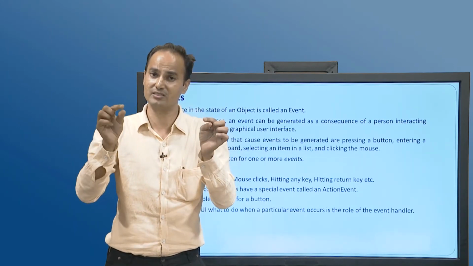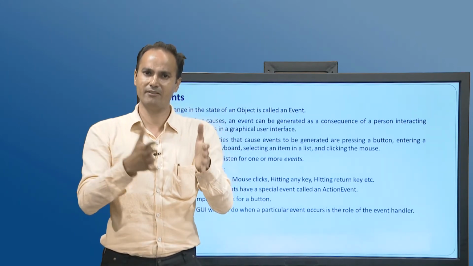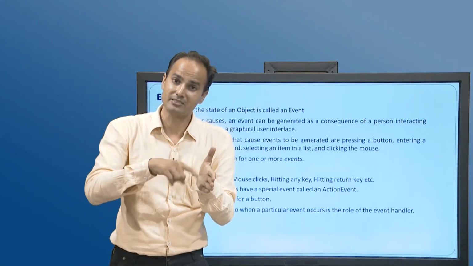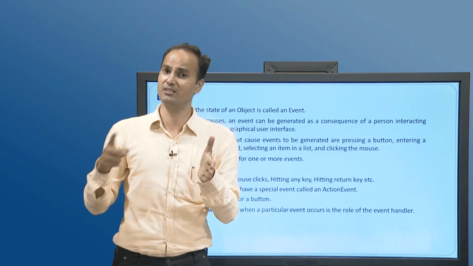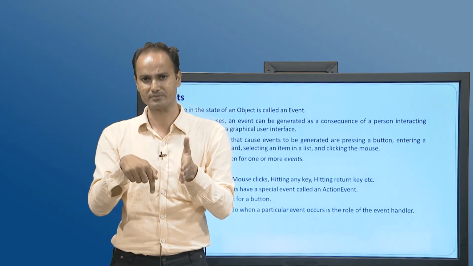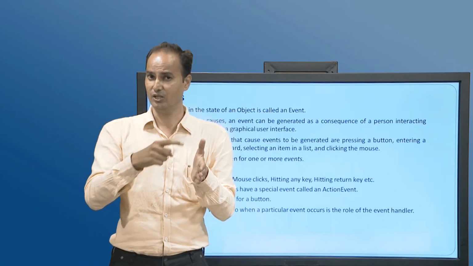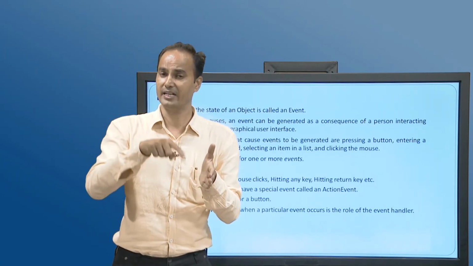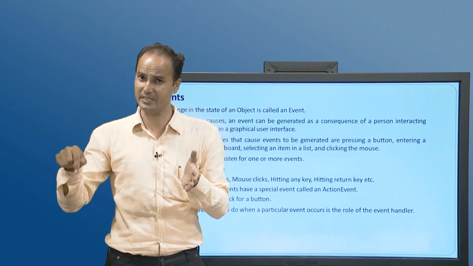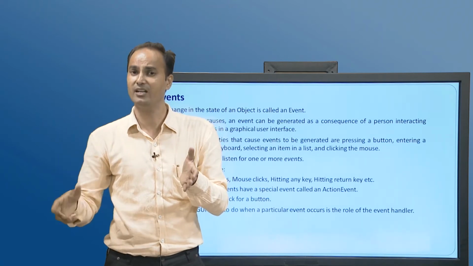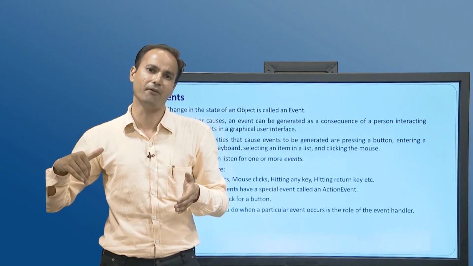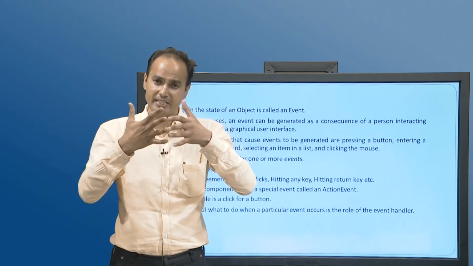This registration makes it possible that whenever button B is clicked, the registered button will send a notification to the registered listener, which in our case is the action listener. So, when button B is clicked, it sends a notification to the registered listener, and at the same time the action listener invokes the corresponding method to handle the particular action event. So, this is what the event delegation model is.